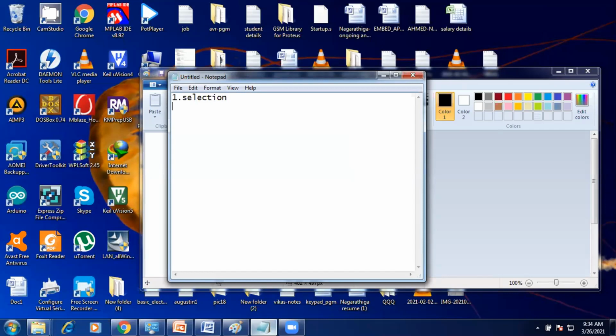Under this selection, we need to select the components that are to be used in the process. Just consider that for an industry, I need 14 analog inputs, 12 digital inputs, 2 analog outputs, and 3 digital outputs. So in that industry, I am using analog inputs, digital inputs, analog outputs, digital outputs. Based on that only, we need to select the PLC. Based on my application, we need to select the PLC.